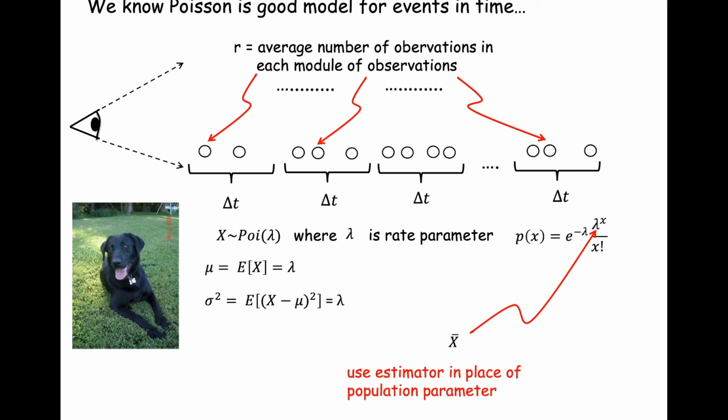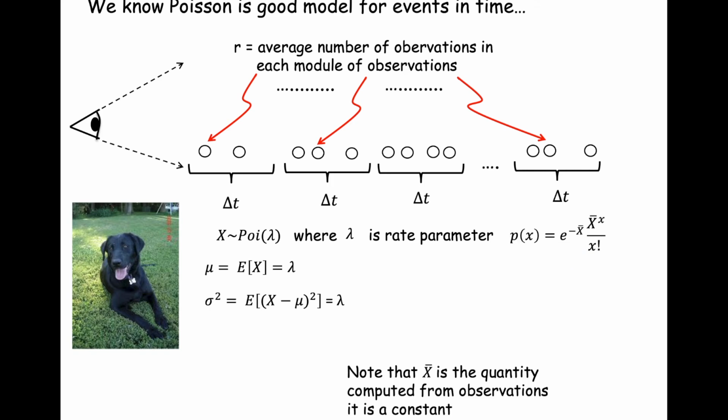And we can now take this x bar from these measurements like this overhead camera system and just take that x bar for module of observation, some window of time, maybe every 5 minutes, every 2 minutes, count the number of people that arrive into the store every 5 minutes, and then compute x bar. And now we can substitute for this unknown population parameter lambda. So doing that, we now have an expression for the probability associated with the number of customers being in the store at a given time, or module of observation, and we can now sample from this.